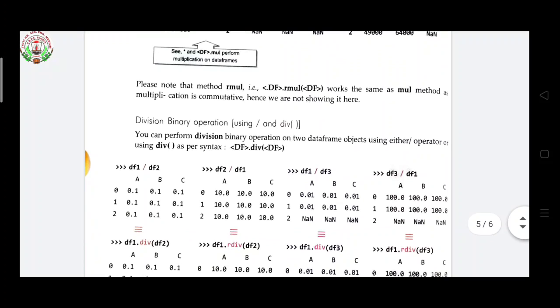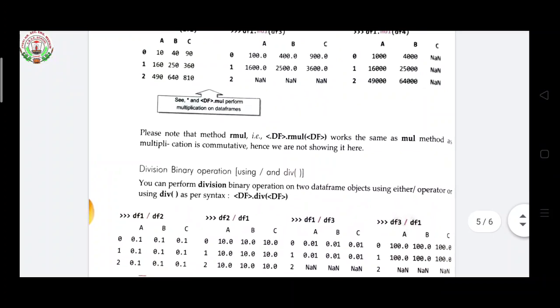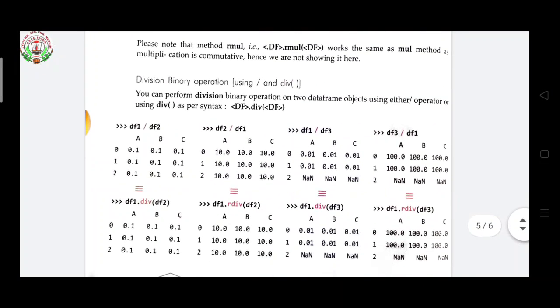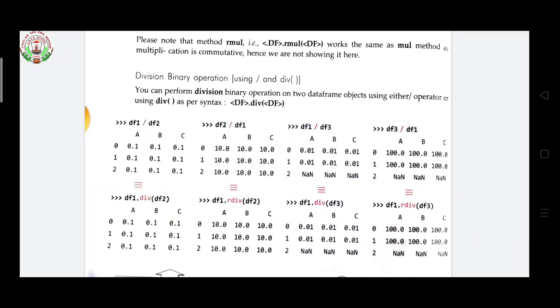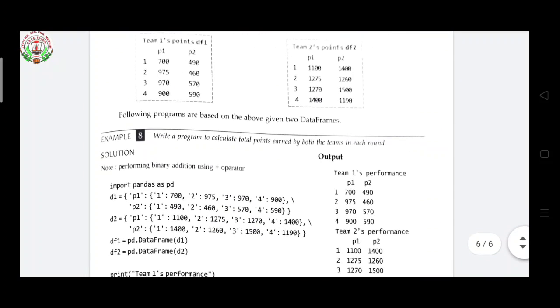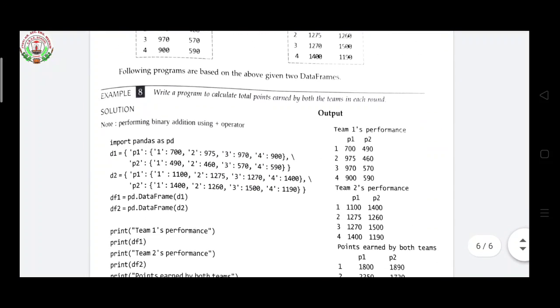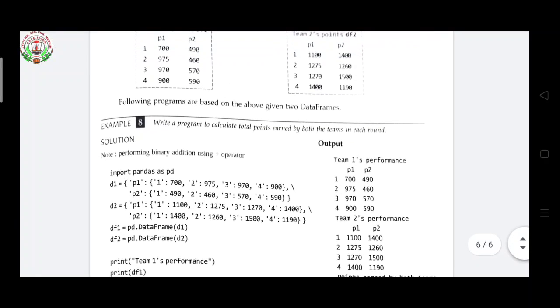And here it is for the divide sign. Means in data frame binary operations you will give plus, minus, multiply, divide. Everything is the same, only you are changing the sign, and in place of add you write sub for subtraction, when you are doing multiplication you write mul, and when you are dividing you write div. Now see this example. This example will clear your doubt about what an operator is.